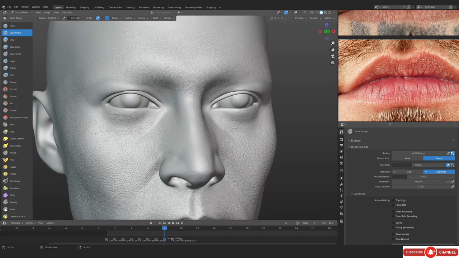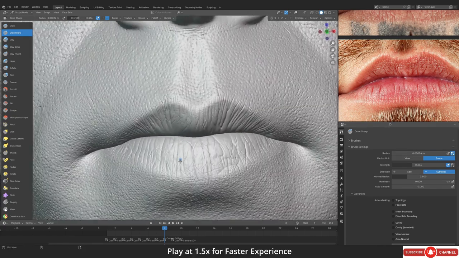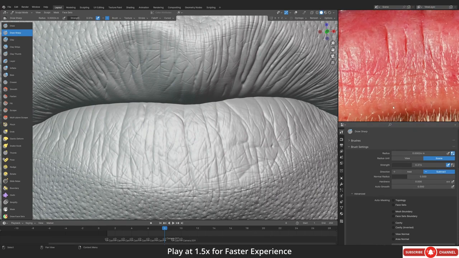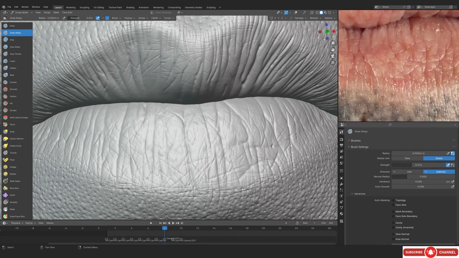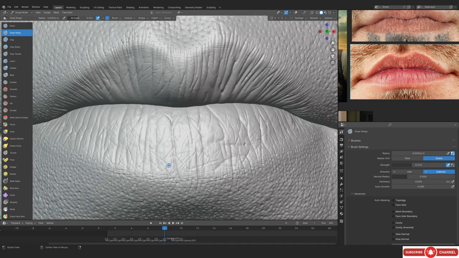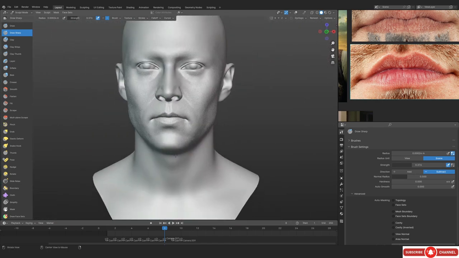All right, so we are done with the lips, and you can see how they are looking. Actually, they are looking pretty nice, and I've added a whole lot of these lines. Just add a whole lot of these lines, and they're just gonna look pretty nice, I guess. So that's just how it is. You can see how they look, and I'm assuming that it's not really that hard to actually achieve something like this, especially when you don't really need that much skill to get to something like this.